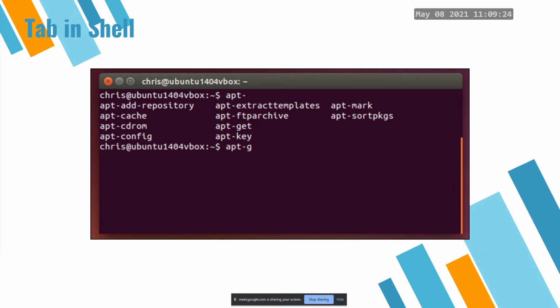Next, are you aware that in the shell you can type something and press the tab key for autofill? For example, you remember a command called apt something, apt dash something, but you can't remember what it is. You can type apt dash, then press the tab key. It will show you some possible results. That means these are the available commands you can have that start with apt, right? Then you can type in apt-get or etc. Okay,